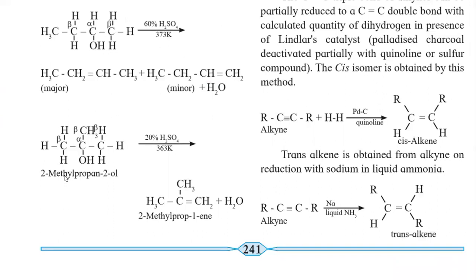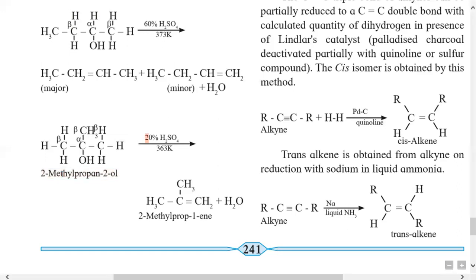We will consider one more example of alcohol dehydration. It is tertiary butyl alcohol. At the central carbon, the OH group is present and that carbon is bonded to three different carbon atoms. And all these three carbon atoms are beta carbon atoms. That is, one beta carbon atom is on the left side, another is on the right side, and one more is at the top of the alpha carbon. And below this alpha carbon there is the OH group. The name of this alcohol is 2-methylpropan-2-ol.